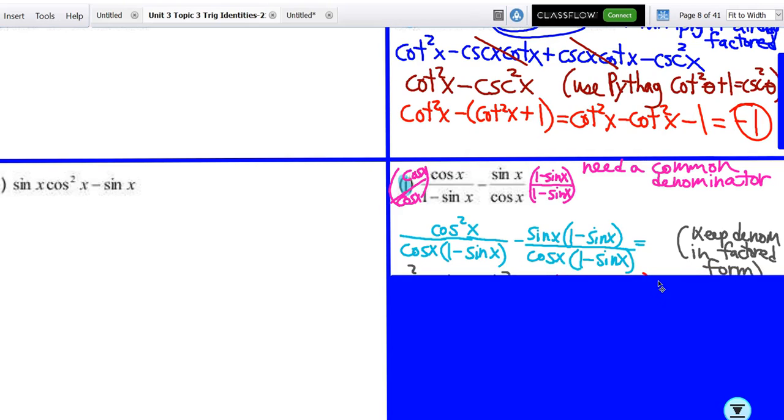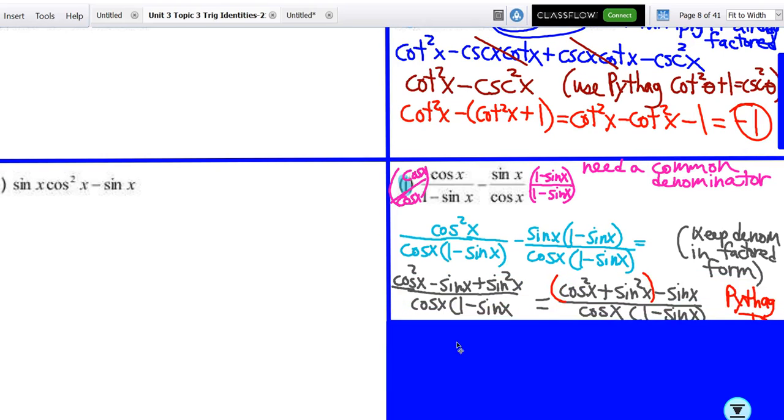Keep the denominator in factored form. If we're trying to get it to a single trig function, we're going to have to do some cancellation or divisions between the numerator and denominator, and keeping it in factored form will let you see those divisions or cancellations to eliminate. So once I have the denominators the same, I can put both fractions over a single denominator,